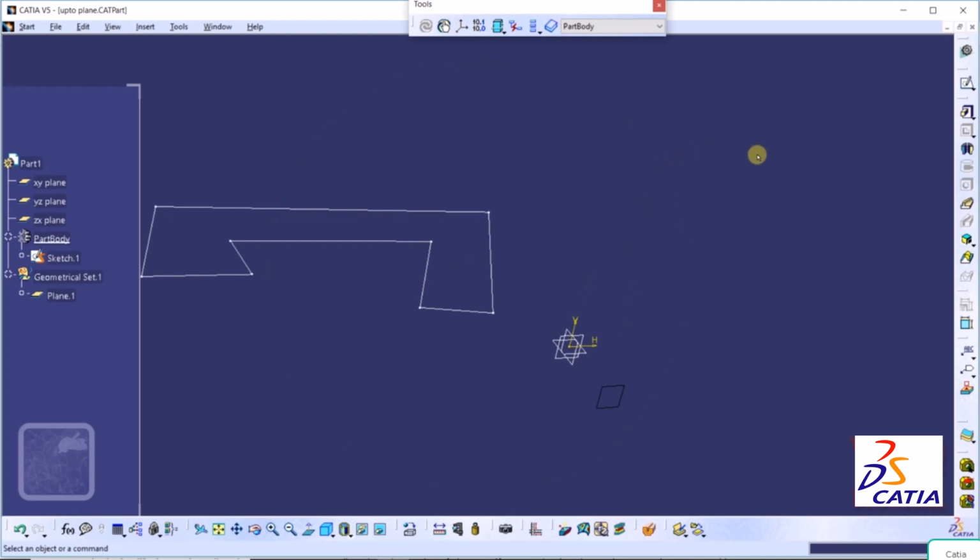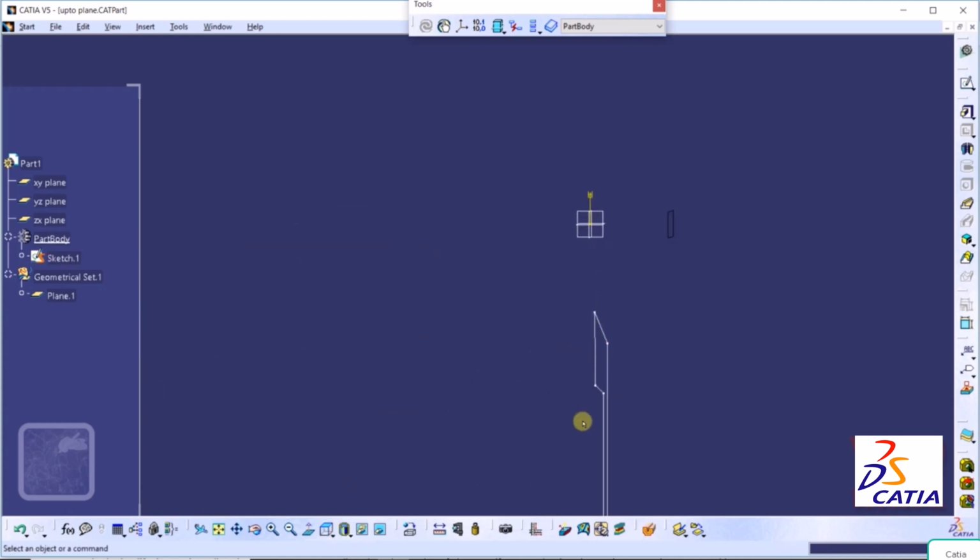So I am going to create a pad that is up to this next reference. These two sketches and this plane are on different planes. So if I go to the top view from here, we can see this is the sketch and this is the plane. So once again I go to isometric view